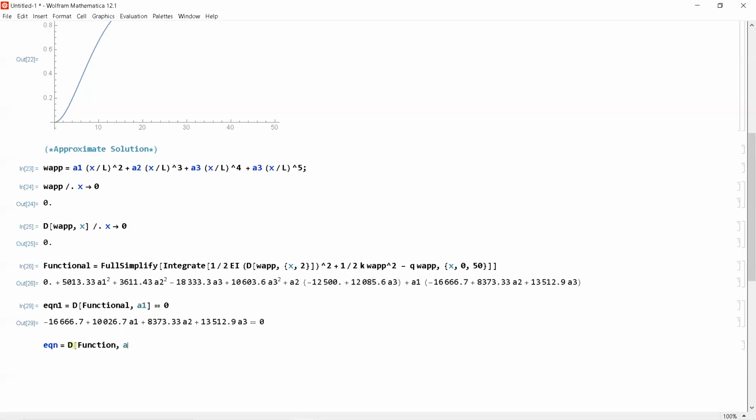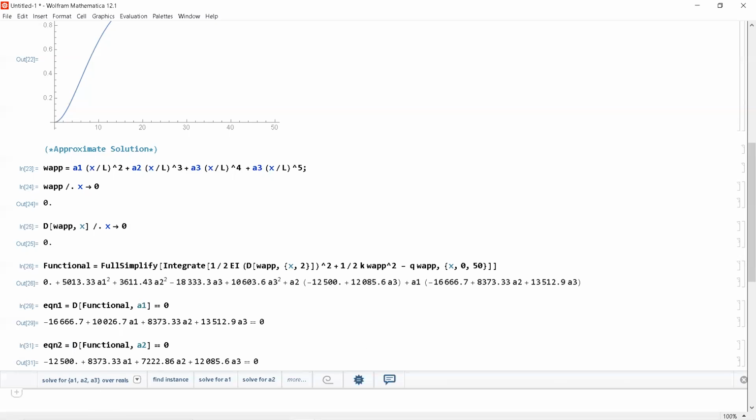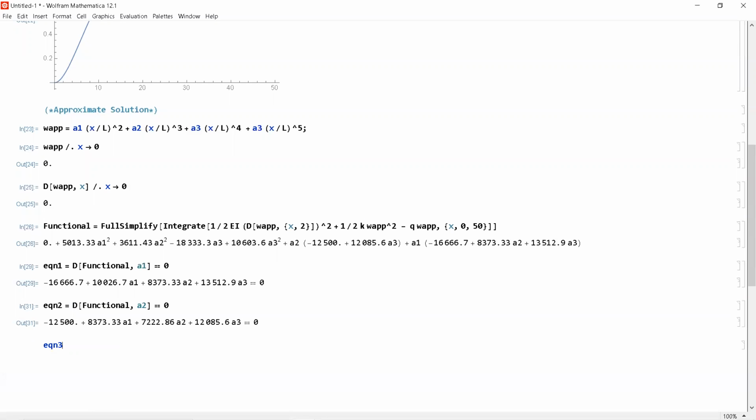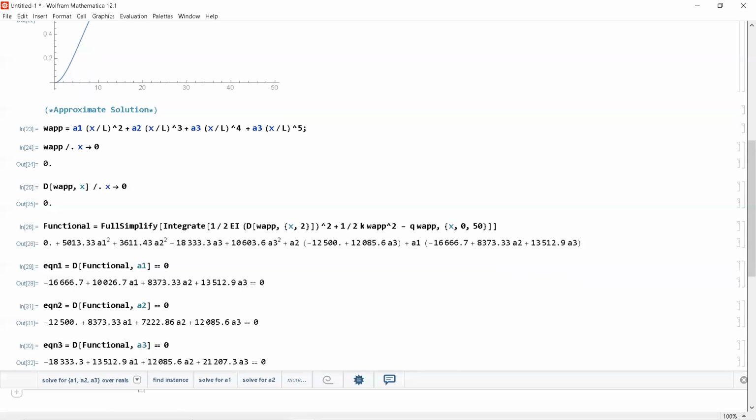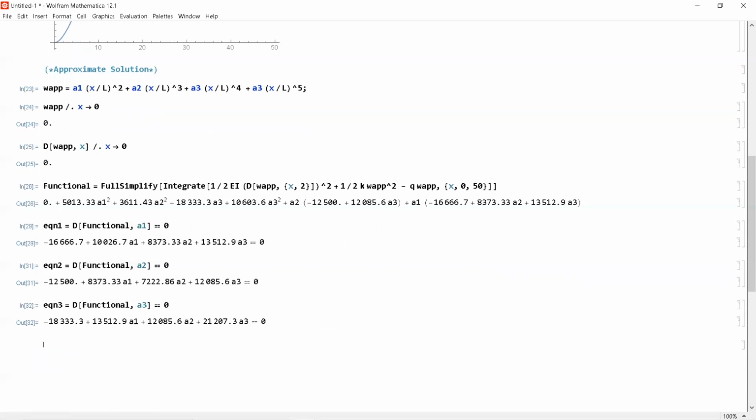My second equation is taking the derivative of the functional with respect to A2. And again, I like to do it step by step so that when you're doing the exam, you can type it out step by step. Equation 3. I don't want people to be doing everything by hand. It's a lot of work. Instead of just typing it, you can just copy and paste and switch everything to A3. And that's equation number 3. I'm just doing it as quick as I can, so I'm not wasting time, but also trying to explain the steps. So equation 4,